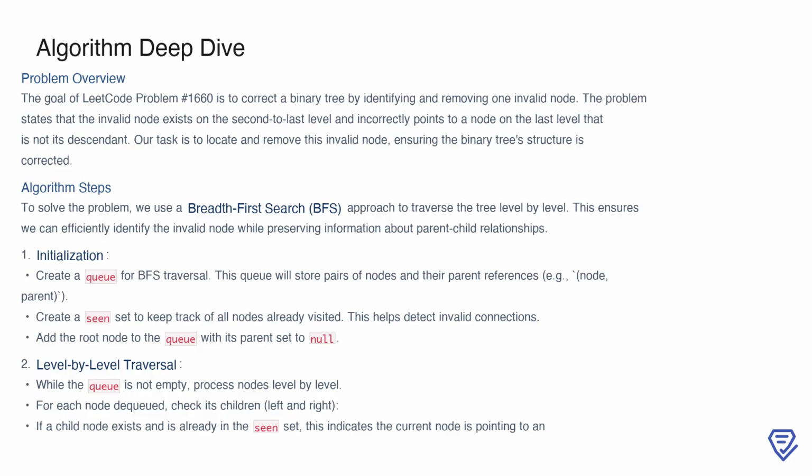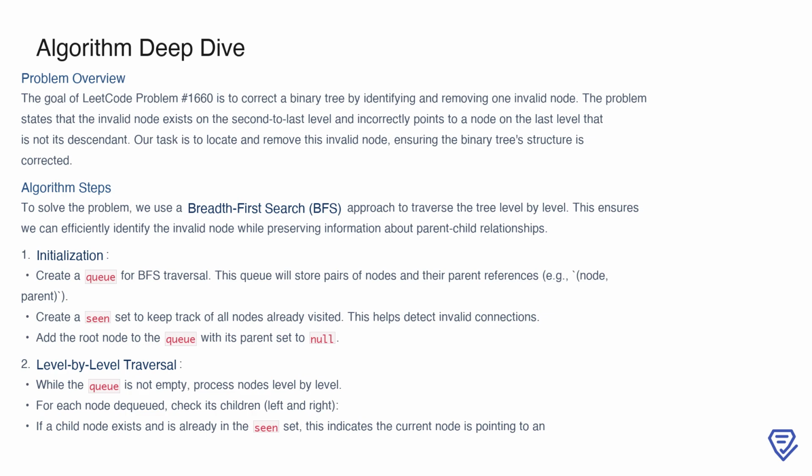BFS allows us to traverse the tree level by level, making it ideal for identifying invalid connections in the second to last level efficiently. We start by initializing a queue for the BFS traversal. This queue will store each node along with its parent reference, which is crucial for making corrections later. Additionally, we maintain a seen set to track all visited nodes, helping us quickly detect duplicate connections. The first step is to add the root node to the queue, setting its parent to null since it has